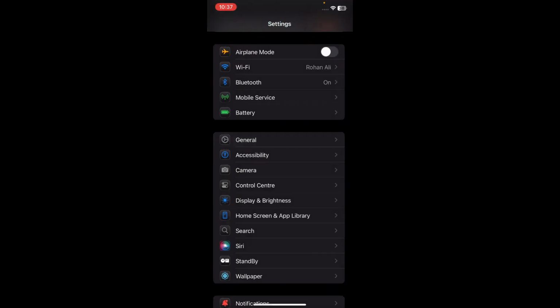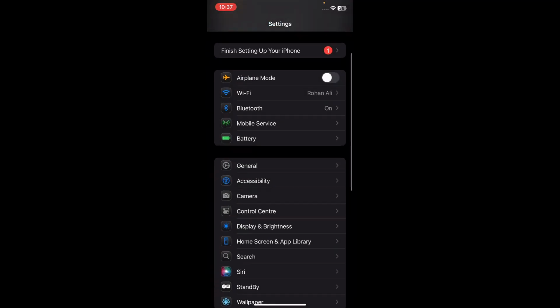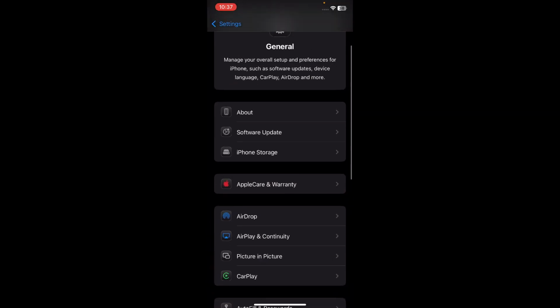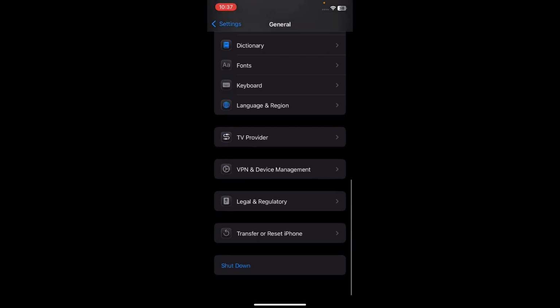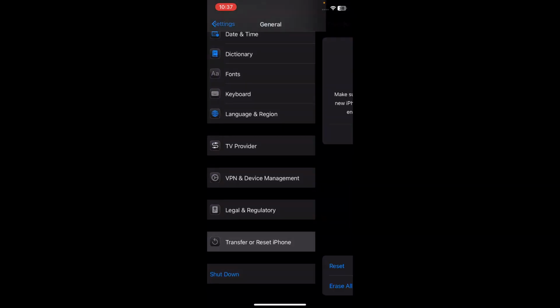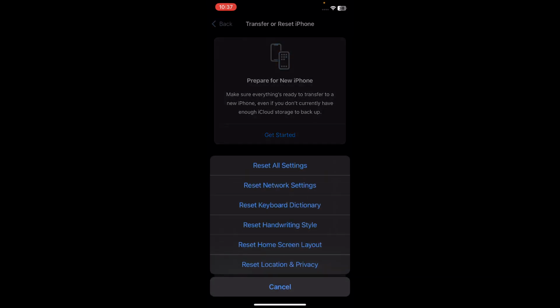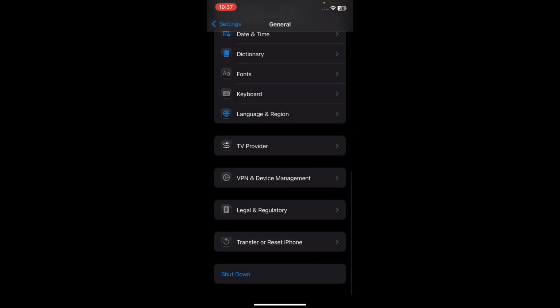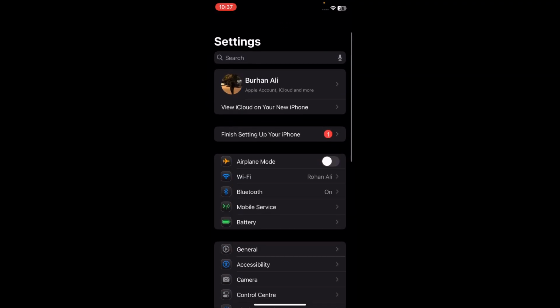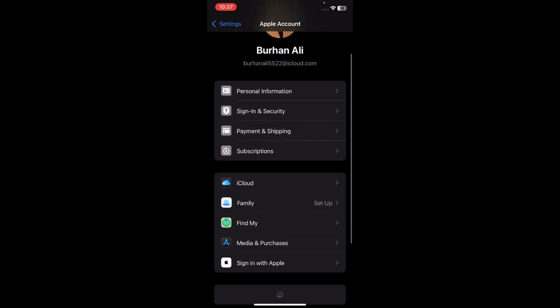After that, simply go back and go to General again, scroll down and find Transfer or Reset iPhone. Tap on that, then tap on Reset and reset the network settings from here. After that, simply go back and tap on your Apple account and go to the